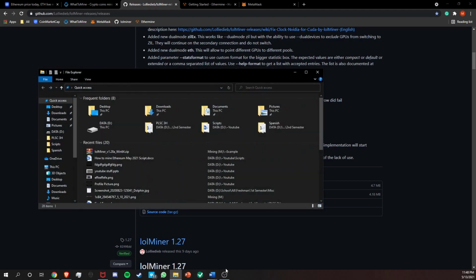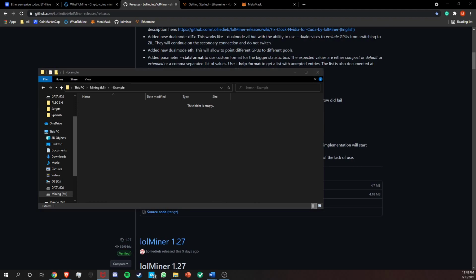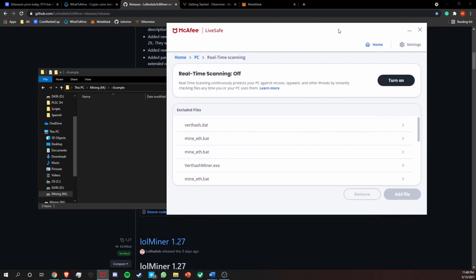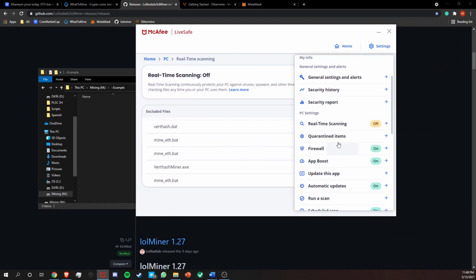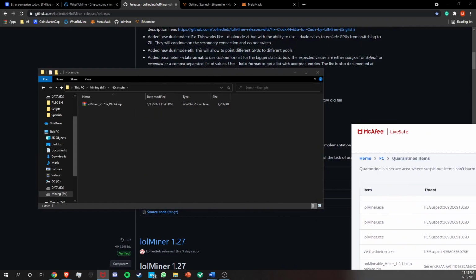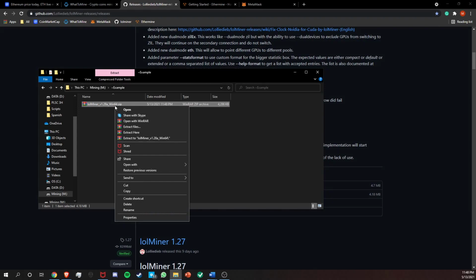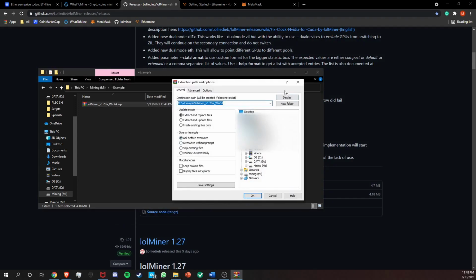So, once you have it downloaded, go to... Great, I didn't restore it. Okay, so go to my quarantined items, restore it, and since I have it turned off, then it shouldn't take it again. I'm going to extract files,